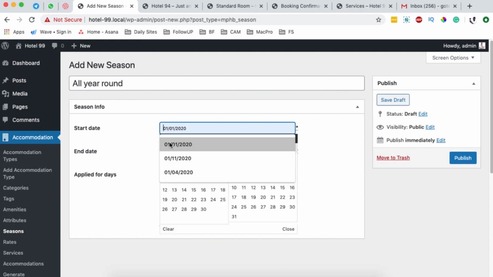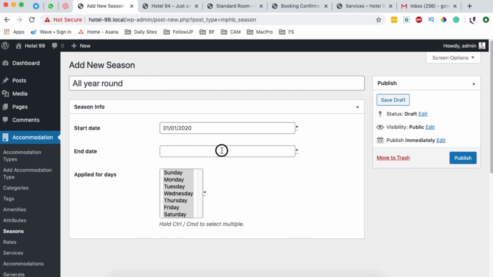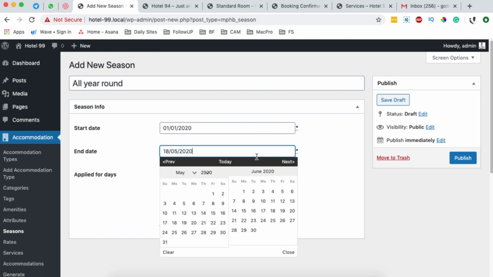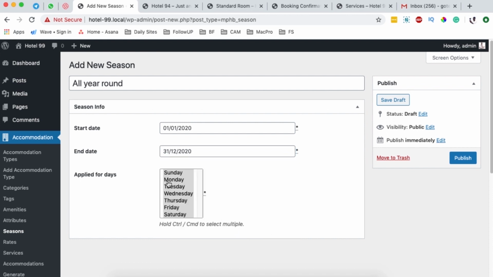and it starts from January to the very end of the year, which should be December. And the prices for this season will be the same the whole week. So you simply click on the first one and control click the last one, and that means you'll have selected all of them. Then I publish the first season,